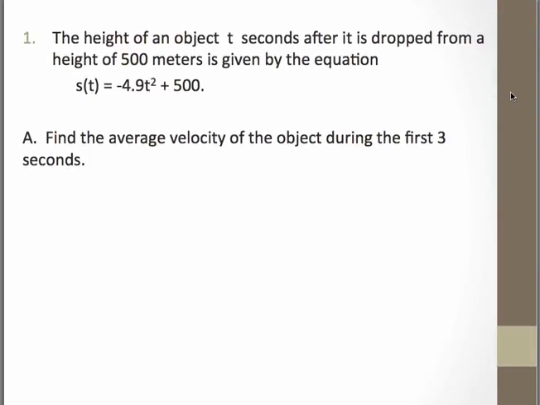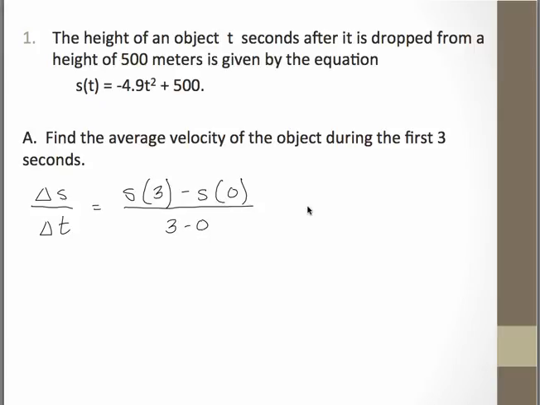So the first one involves the height of an object that's given by this position function, and we're asked to find the average velocity during the first 3 seconds. So what we're trying to find is our change in position over change in time. So substituting into the position function, I'll leave you to make sure you're getting the right answer. So that works out in the end to a negative 14.7, and the units of measure on this would be